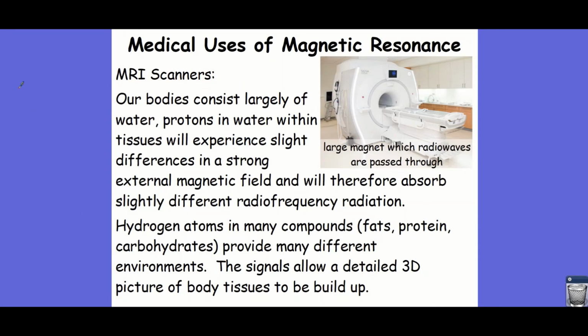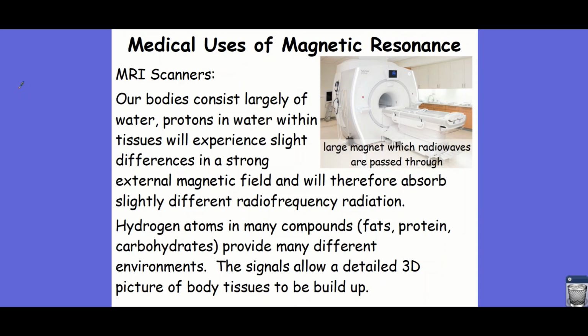There are many uses for magnetic resonance, and the most common is in the use of MRI scanners that you get in hospital. They work in a very similar way to proton NMR, in that our bodies largely consist of water, and the protons within the water are in different environments in different types of tissue, so we'll see different absorptions when radiation is passed through it,